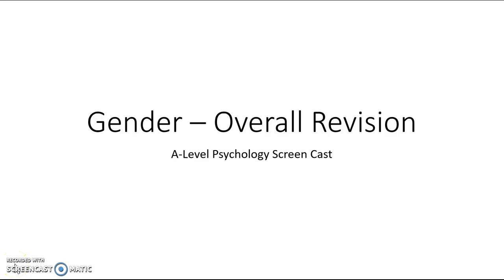This revision screencast is going to give you a whistle-stop tour of the gender topic in A-level psychology. This is in the options paper, so paper 3, and I know that this is an area for my students where we covered it in term 6, so there was a lot of absence, and so I feel like I need to go over it all, but I haven't got time, so I'm going to give you a quick whistle-stop tour now, and hopefully this is going to jog your memory.